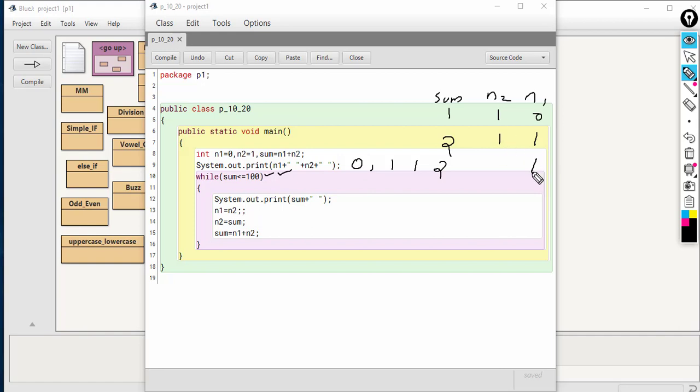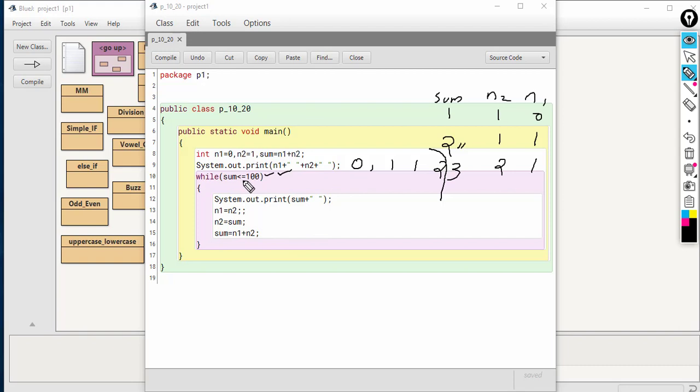That 1 will be in n1. Then the value of sum will be copied to n2. What is the value of sum? 2. This value will be in n2. Then the next statement, sum equal to n1 plus n2, which means 2 plus 1 will be 3. That 3 is in the variable sum. Then statements over. Again iterating.